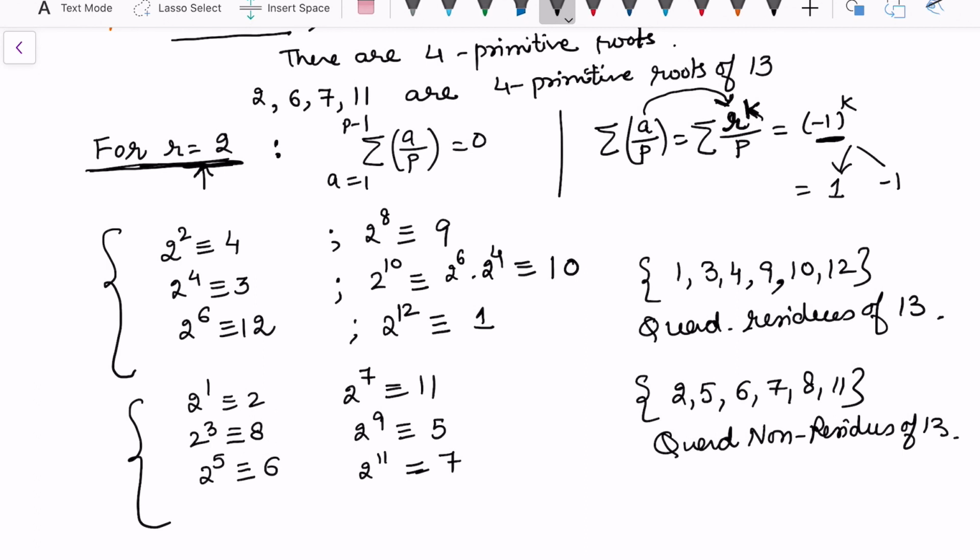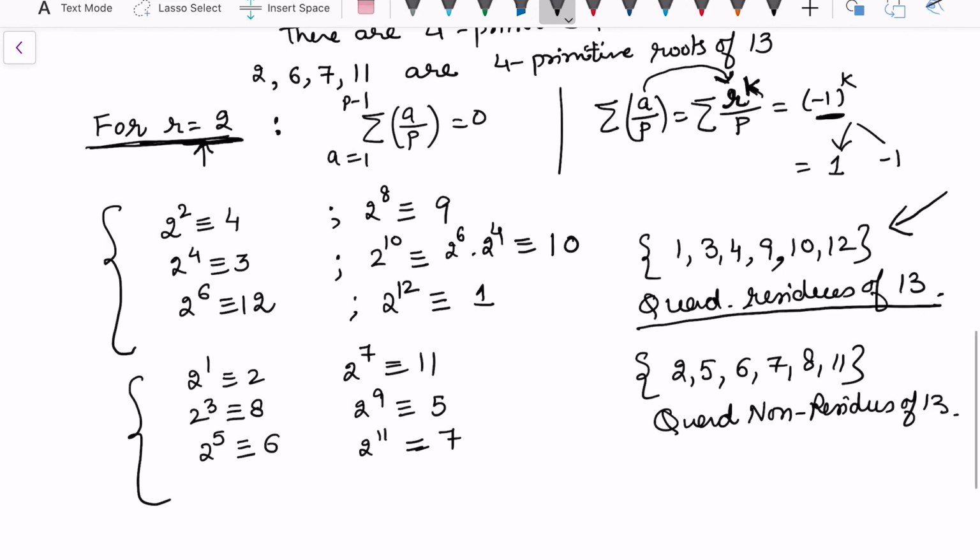Now, in fact it was sufficient to find this from the test, because the whole set of elements has p minus 1 by 2 residues. If we know the prime, which in this case is 13, and we know the quadratic residues, the remaining elements automatically become non-residues. So there is no need to find both. One of the sets can be found, and the other can be easily written.